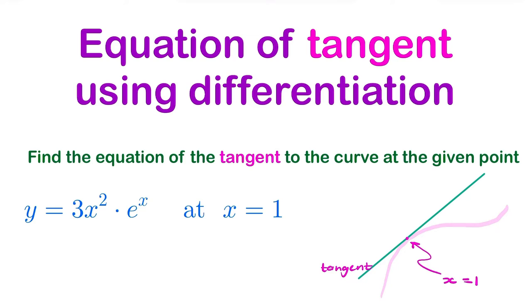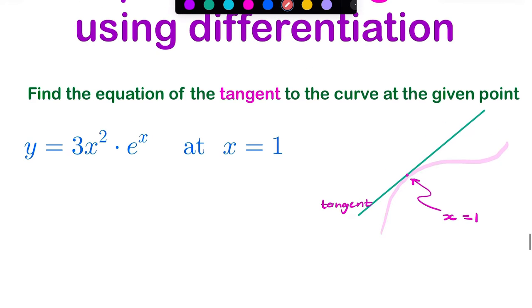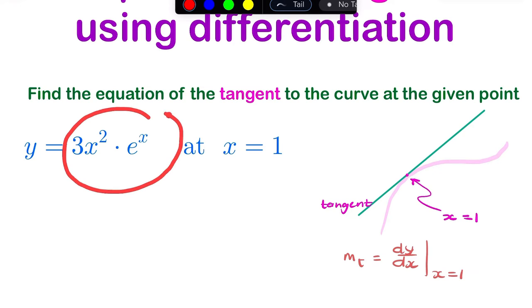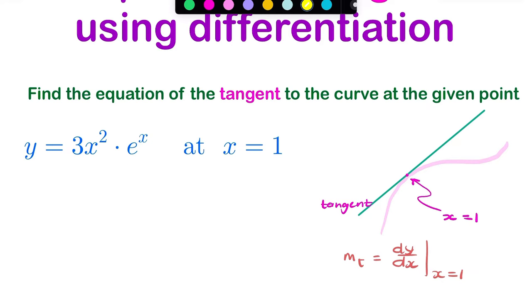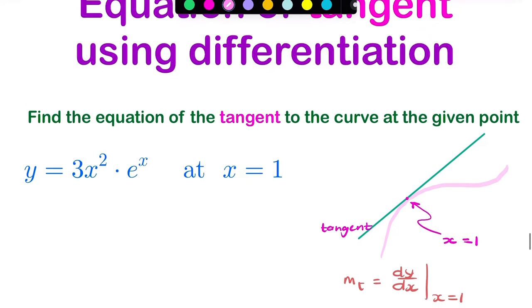And it's important to note that the gradient of the tangent, m of t, is simply dy by dx of the curve at the point x equals 1. So the first step is to differentiate this, and it looks like we have a product, so we need to use the product rule. Recognizing that we have a u and a v, we'd say